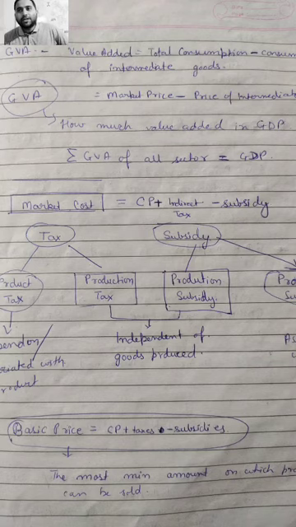So subsidy will reduce the price of any product. Suppose my production cost is rupees 500, I am getting the subsidy of 50, so my production cost will be 450. Similarly, tax will add to the cost. I am paying rupees 25 as the tax, so 450 plus 25. See, things are clear with this example only, right? So 450 plus 25